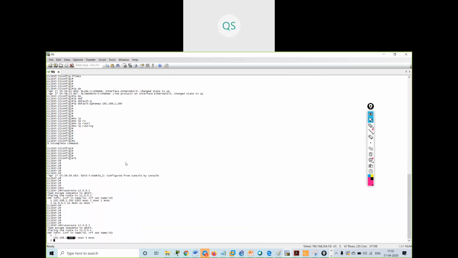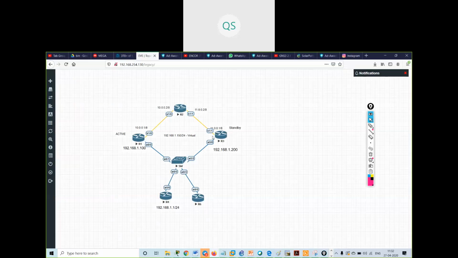I have configured this for client 2 for the 160 IP address. I have configured the default router. The active router is this. For group 3, that means for 1.160, I have configured this router as my active router. And I've configured a standby router also. If this active router goes down, then the standby router for this is my R1, that is 1.150. Understood?